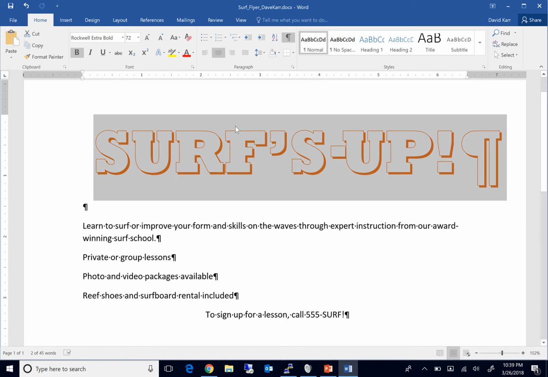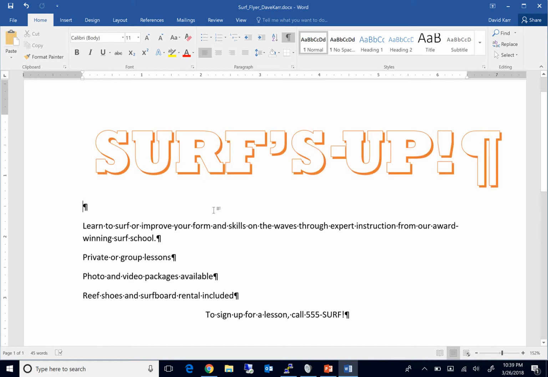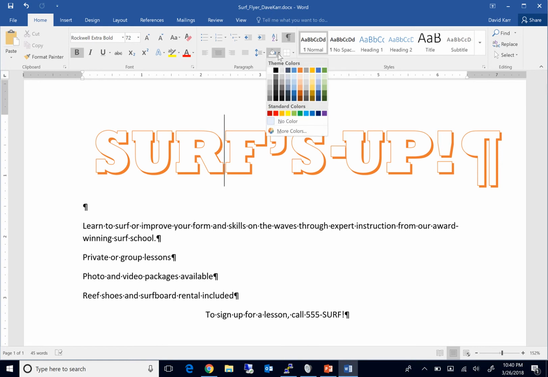We'll click anywhere in the document to deselect the selected text. As you can see, our text is white with an orange outline. We're going to select someplace in the paragraph, Surfs Up, and we're going to point to the shading box. The shading option looks like a paint can. We're going to choose to shade our paragraph